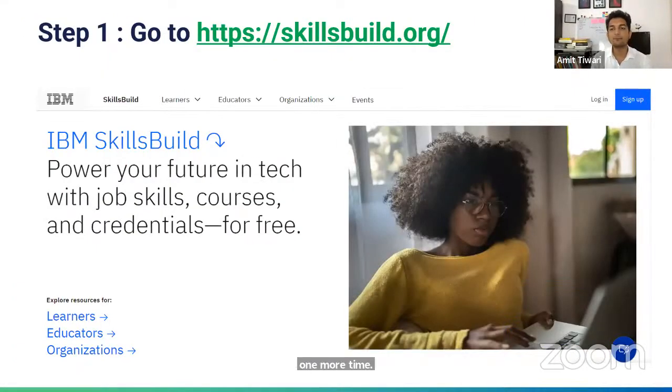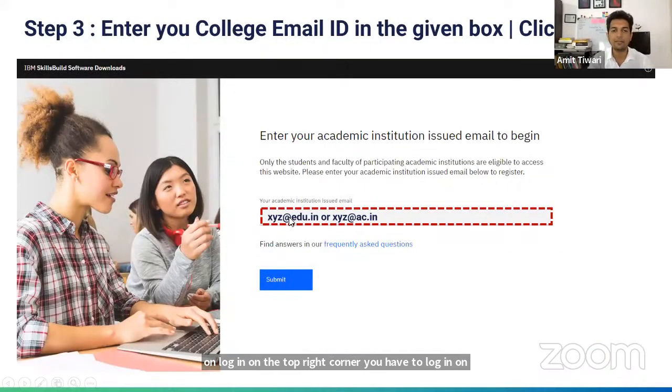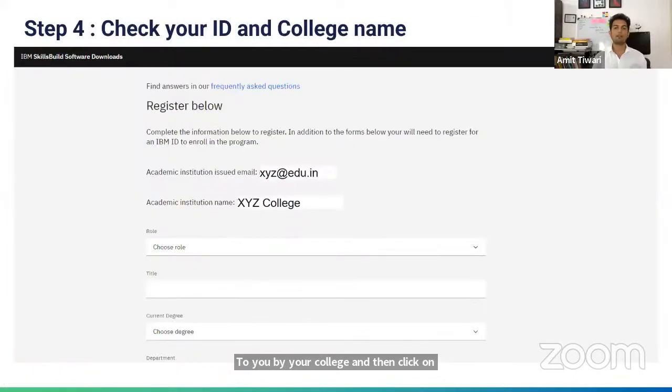So you have to go to skillsbuild.org. You have to click on login on the top right corner. You have to log in on college software downloads. Click on login and then enter your email ID that is issued to you by your college, and then click on submit. Okay, if you have reached here,